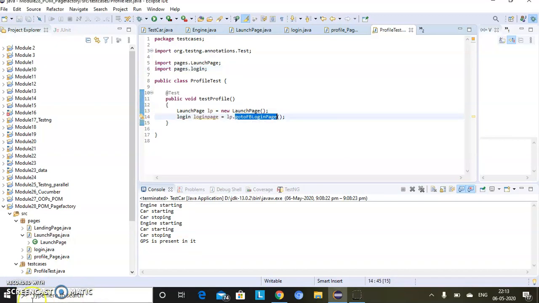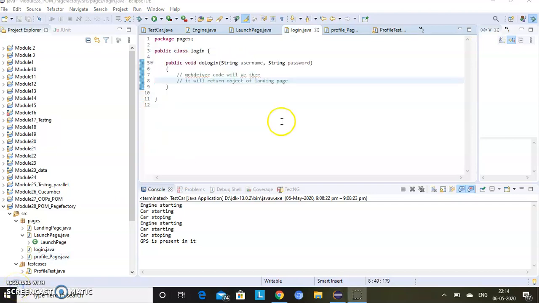We need to enter username and password on login. So login page will have username and password, and we will have a function doLogin in login. Now we have to go to login page and provide username and password.